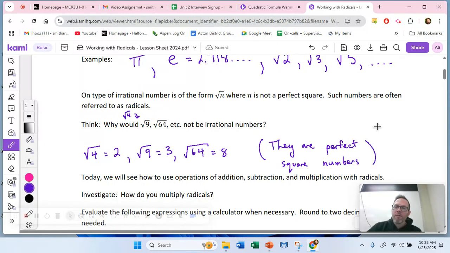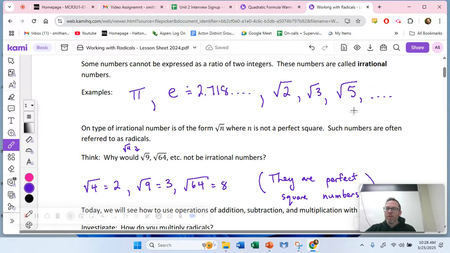All right. So things like root 2, root 3, root 5, irrational numbers. Root 4, root 9, etc. They are, because they're perfect square numbers. They have square roots. Are you guys convinced you need to put these in your calculator to see they give decimals that go on forever, or are we convinced these are irrational numbers? We're convinced, we're okay. Today is all about working with these special type of irrational numbers, which we're calling radicals